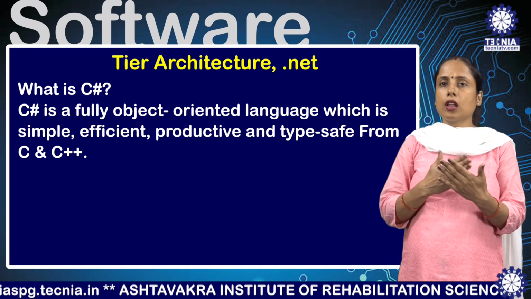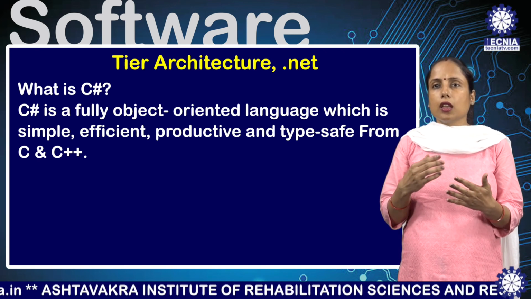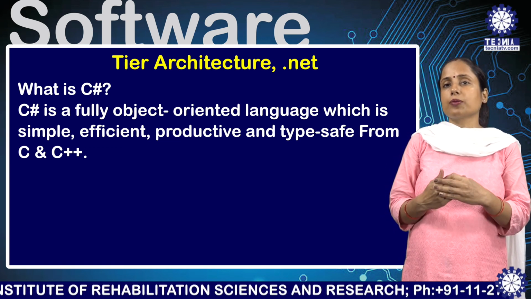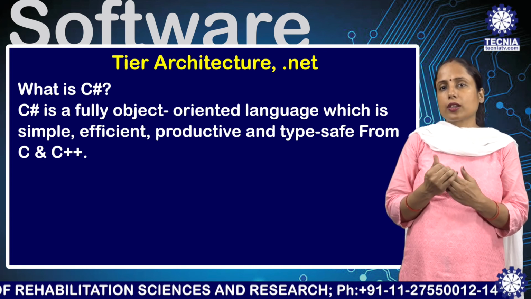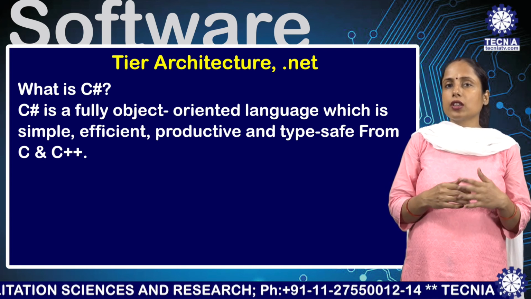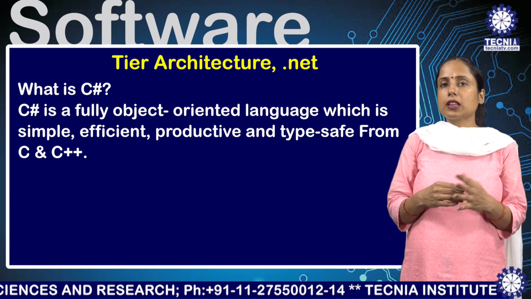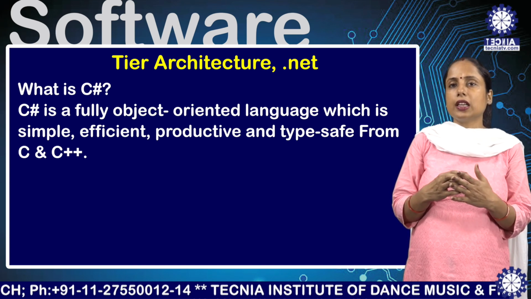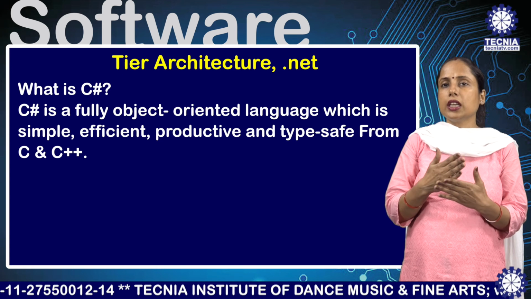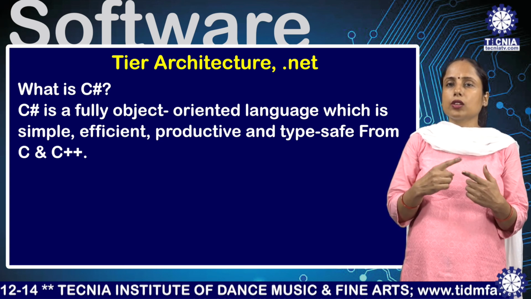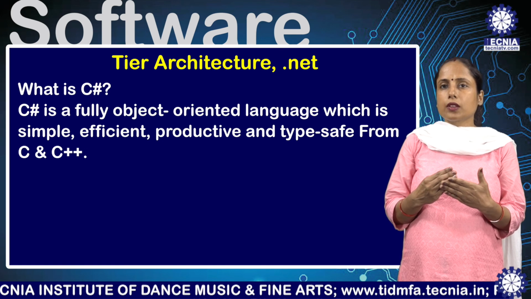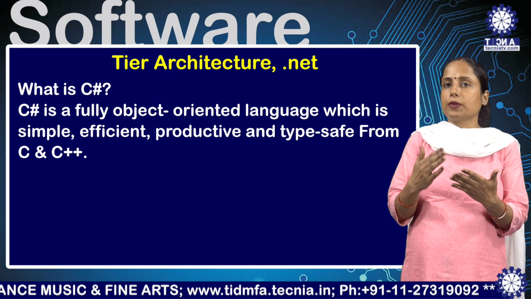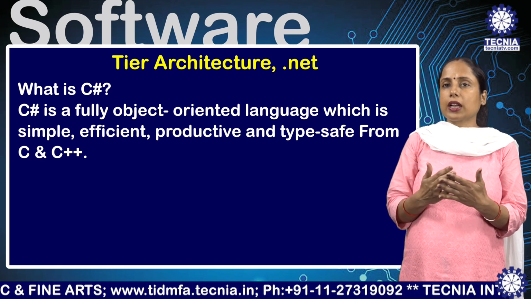Now, after knowing all the basics of .NET, we can go through what C# is. C# is a fully object-oriented language. What does fully object-oriented mean? Before C#, we studied C++, which is also known as an object-oriented language. In object-oriented languages, we basically focus on three basic rules, that is inheritance, polymorphism, and encapsulation, where any language that follows these basic object-oriented rules is known as an object-oriented language.